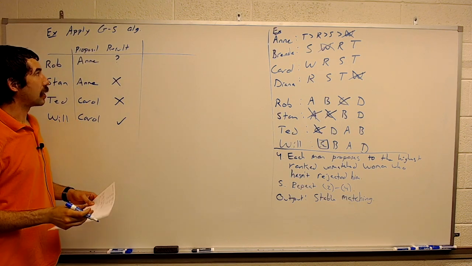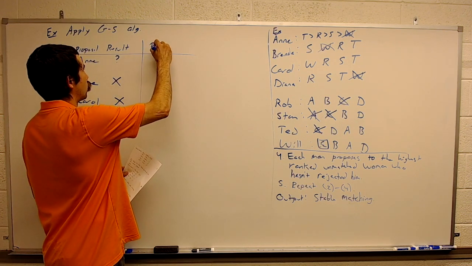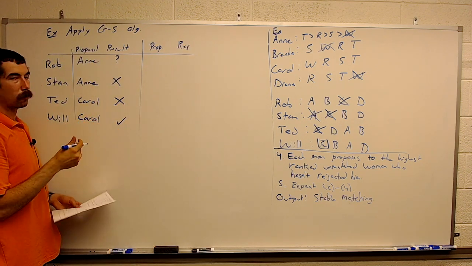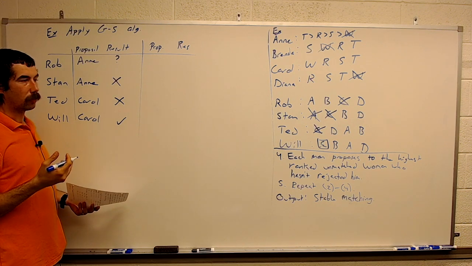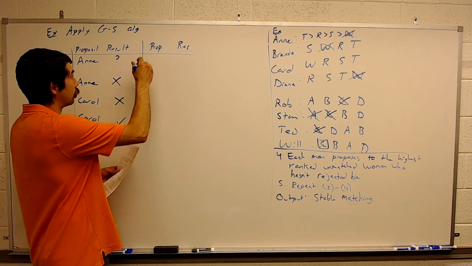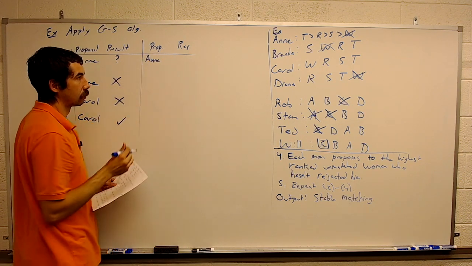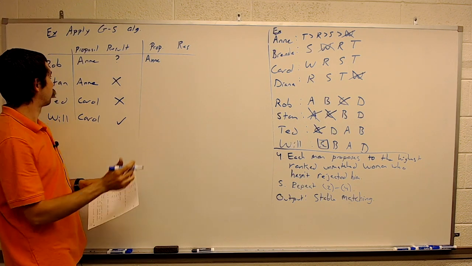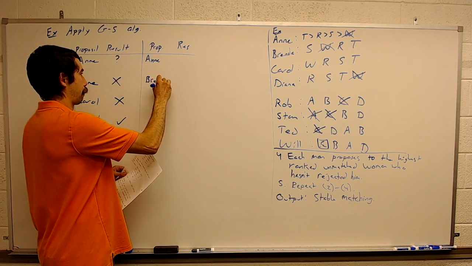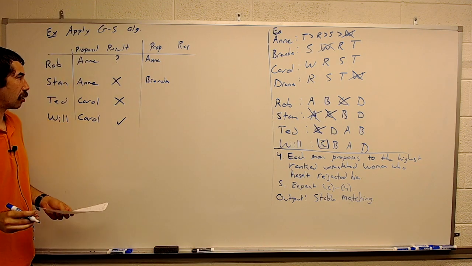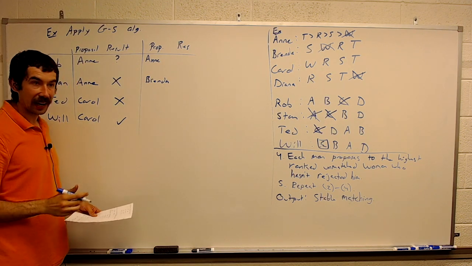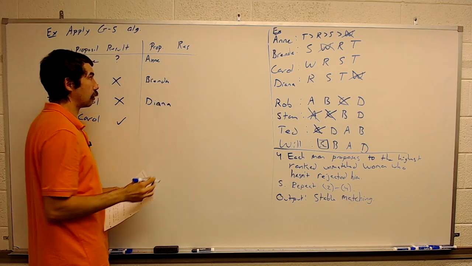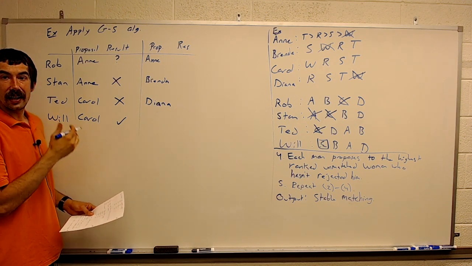All right, so now we go through our next wave of proposals. So here's a proposal and the result. Rob is going to propose to Anne again. Stan is going to propose to Brenda. And Ted is going to propose to Diane. Diana. Okay, in this case,